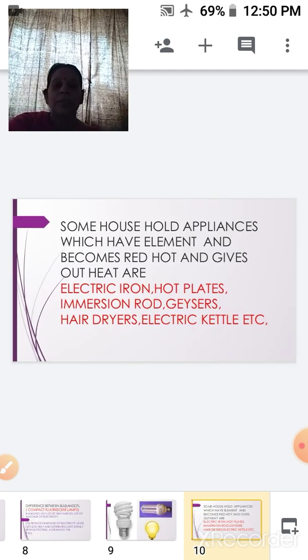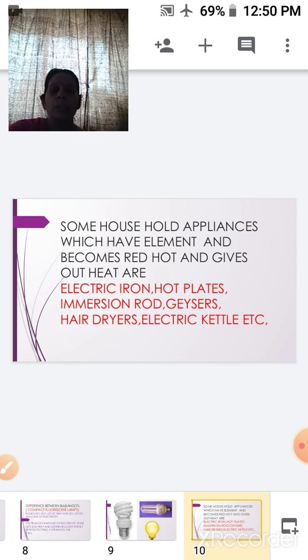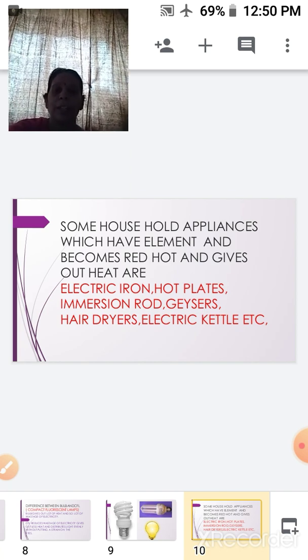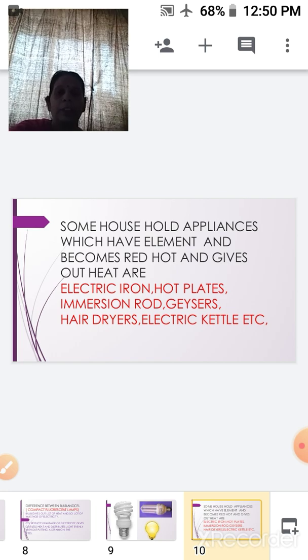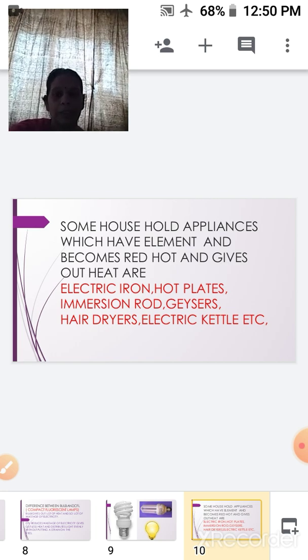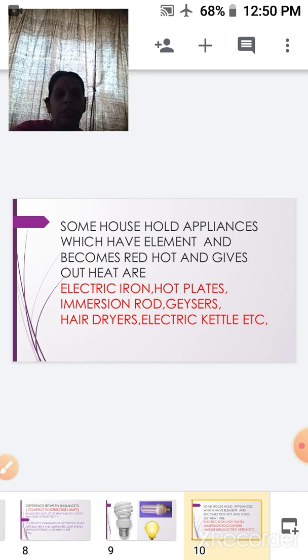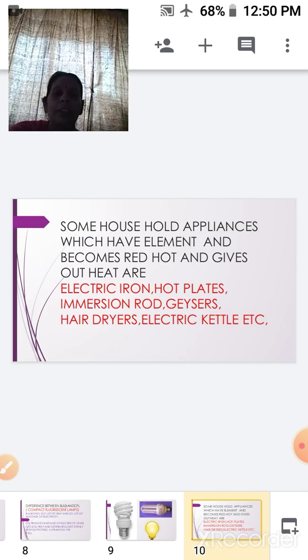Now children, when we talk of household appliances which have elements that become hot and give us heat, these appliances are your electric iron, hot plates, immersion rods, geysers, hair dryers, and even electric kettles.